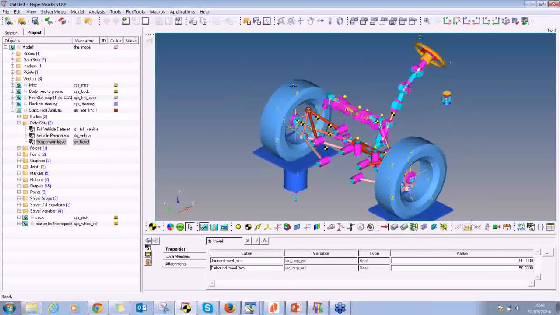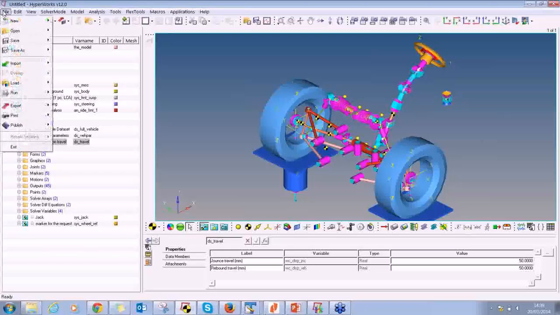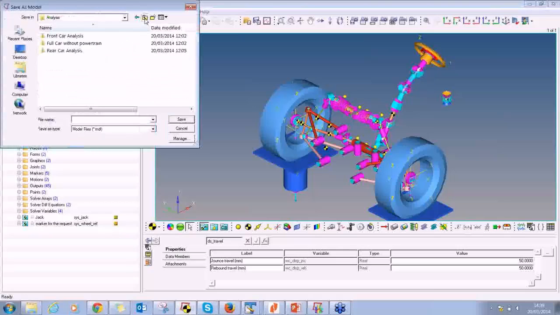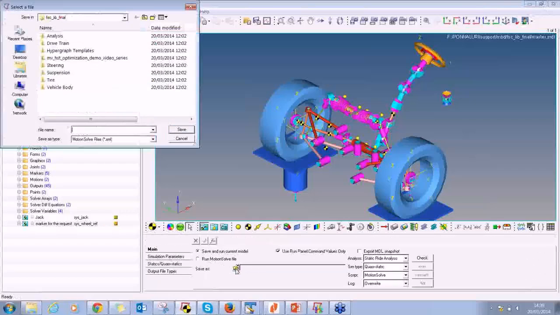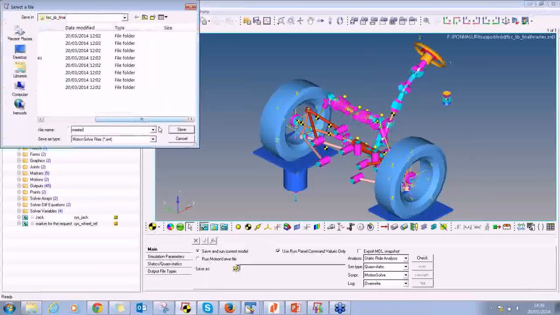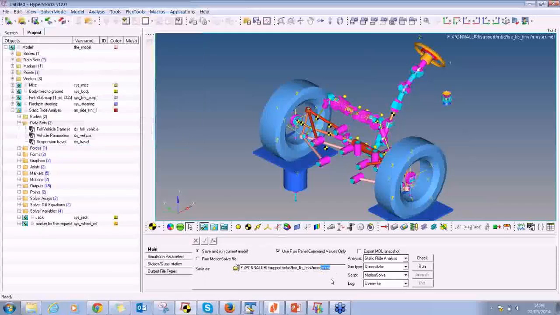Okay, so now you have all these systems imported together. You will want to save a master MDL file, which is the Motion View model file, and that is done by going to File, Save As Model, and now you can see that the model is saved as master.mdl. And to run this model, you need to go to the Run panel and give it a name, say master again. XML is the extension of the solver input file. So if I click on Run,